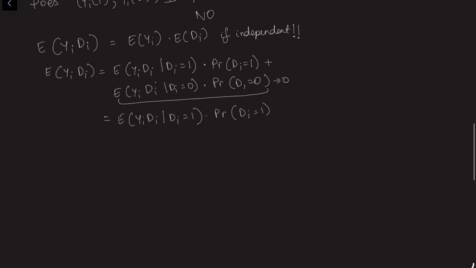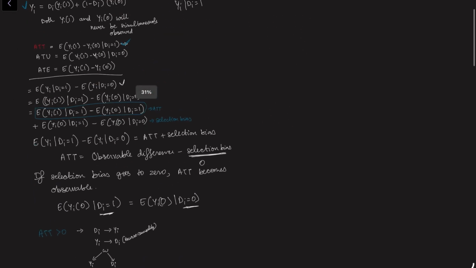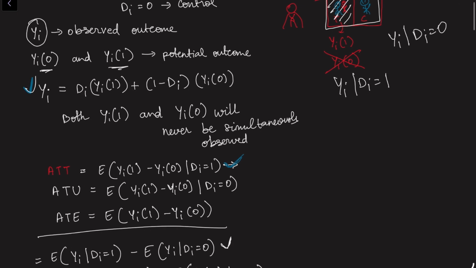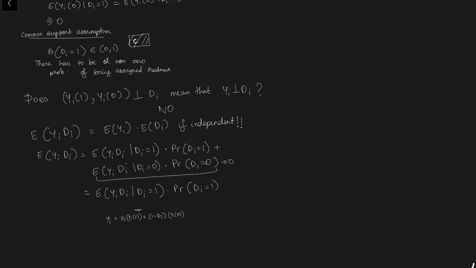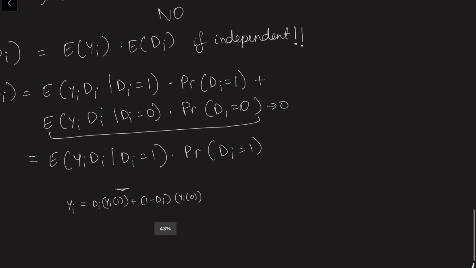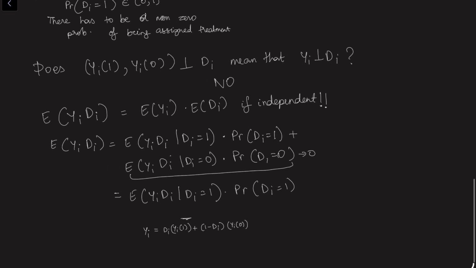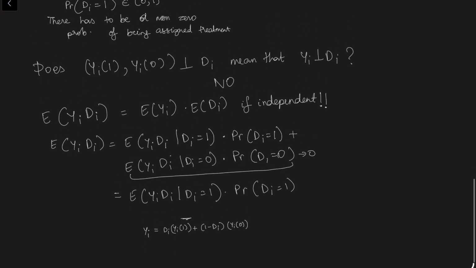So remember here that we can try and introduce the function that we defined quite a few classes before, the function of the observed variable as a function of the potential outcomes. So let's try to write that. So let me copy it. Yeah. So let's use this function and rewrite our expectation. So I'm going to write it on the side here.